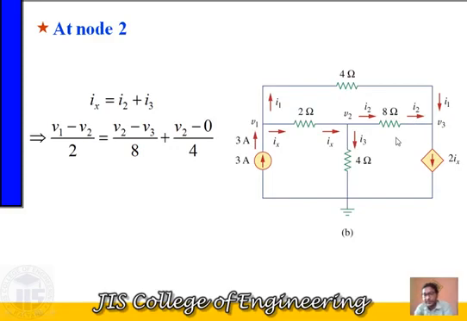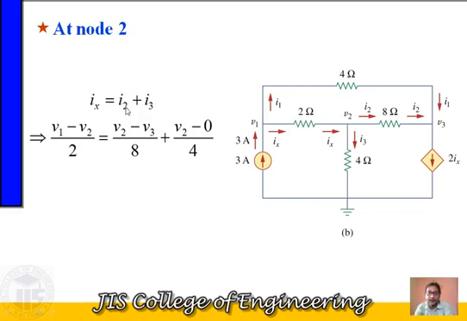So what will be the KCL? KCL means for a particular node the summation of all incoming current is equal to the summation of all outgoing current. So the incoming current is Ix, and it equals the outgoing current I2 and I3. So we can write Ix equals I2 plus I3. Now the branch carrying Ix contains only the resistance, and this Ix current is flowing from the voltage point V1 to the voltage point V2. So in place of Ix, we can write V1 minus V2 divided by 2.